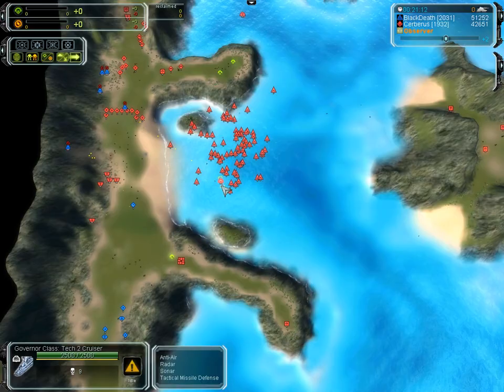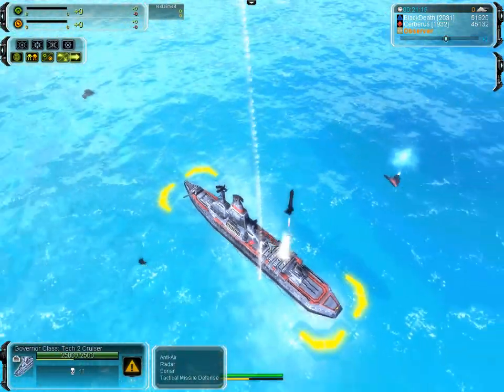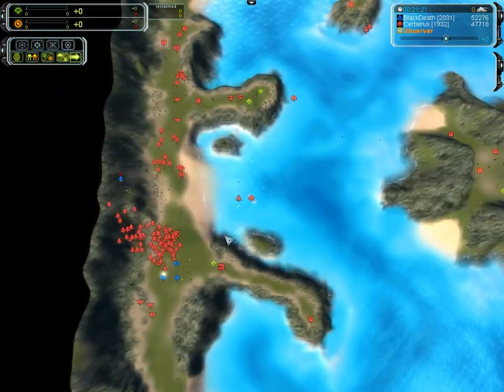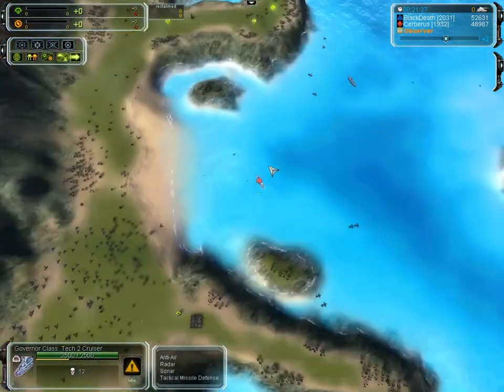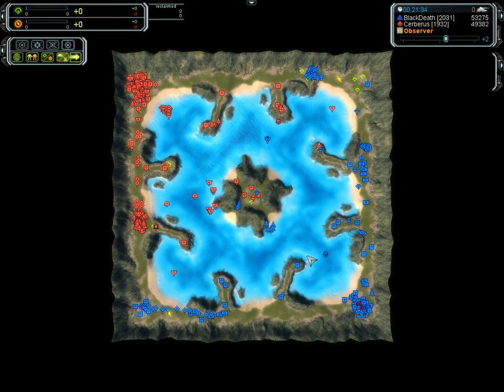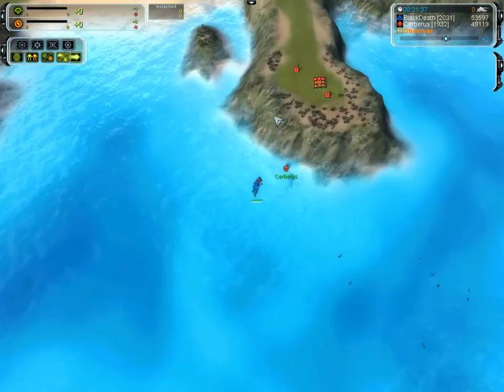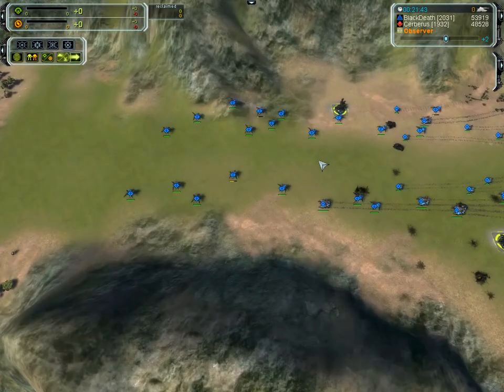This cruiser has got direct fire with the cannon here on the front. It's got the anti-air, got TMD, got all the different weapons, except torpedoes, of course. How we saw that victory. A very important victory. Cerberus, 44 kills, needs to get out of the water, but this Tech 1, Tech 2